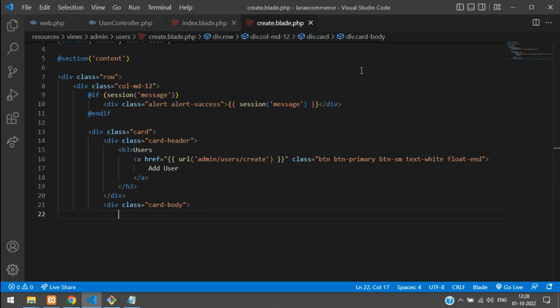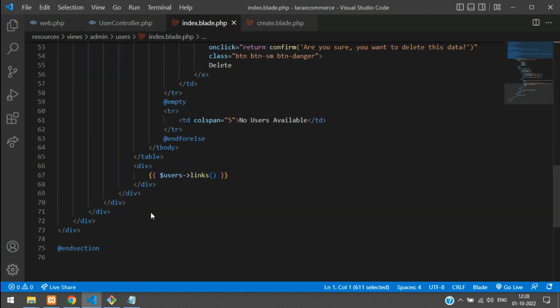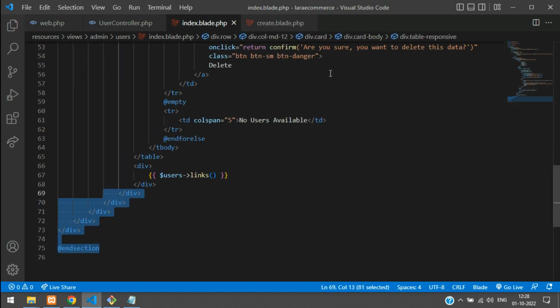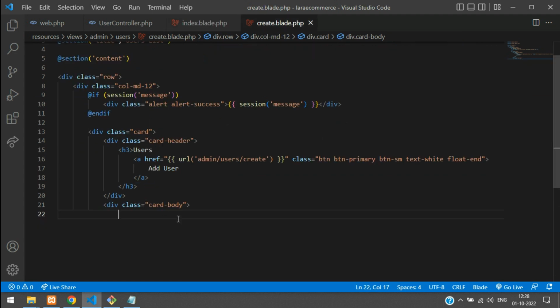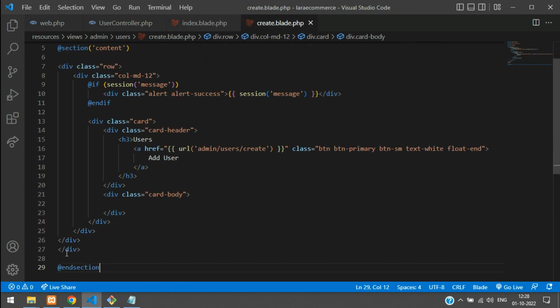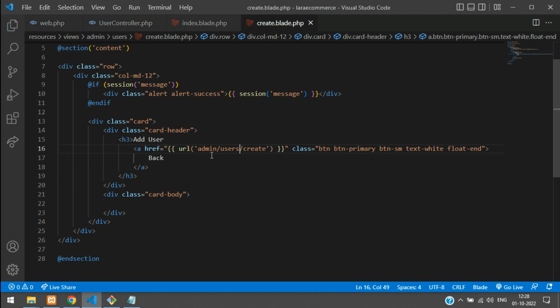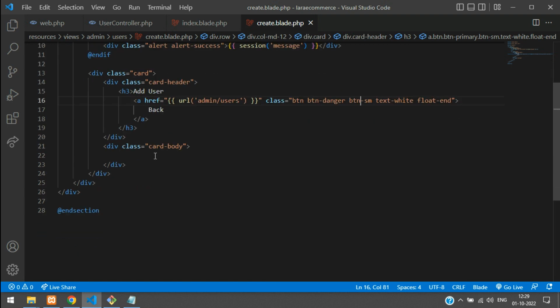So what we can do, go back to your index and just copy from there. Okay, copy this, paste. Done guys, this is my extra div. Let's remove that, add user and make this a back button, back, where the href is going to be only users, and here make it danger. And now coming to the card body,